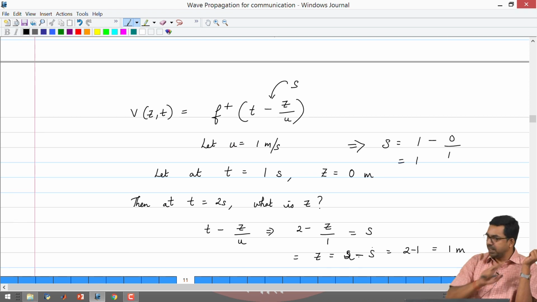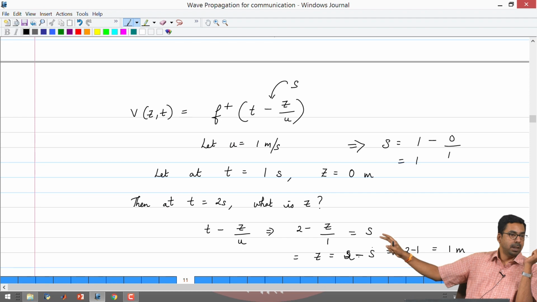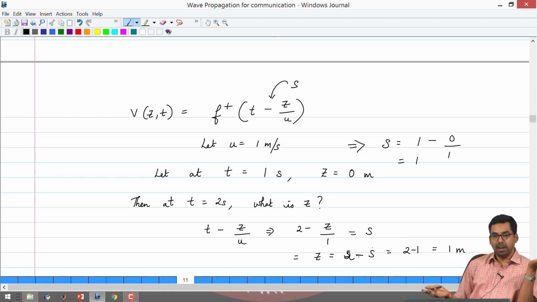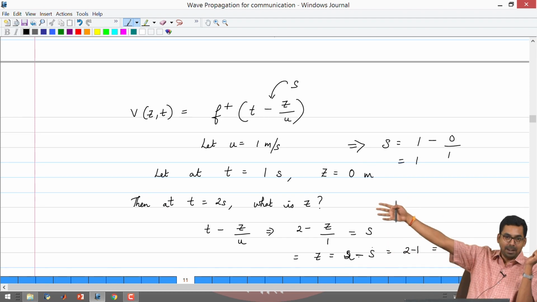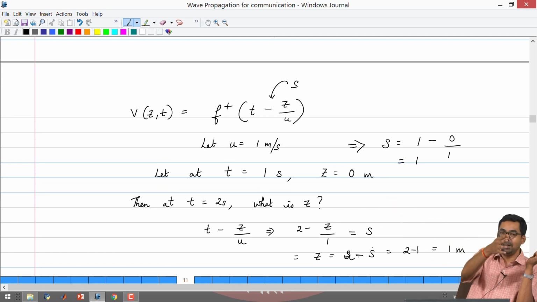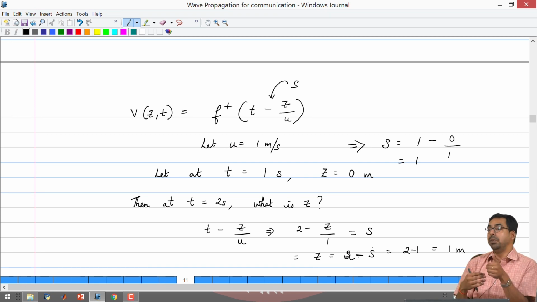For an infinitely long transmission line, there is no question of a backward travelling wave, because the wave has to travel to the end and then something has to happen and then the backward wave has to be created, and you will have to measure a superposition of this forward and a backward wave. So, when we talk about an infinitely long transmission line, we usually mean that there is no backward travelling wave at all, there is only a forward travelling wave, okay. But in practice, many of the systems that we put together do not have infinite length.